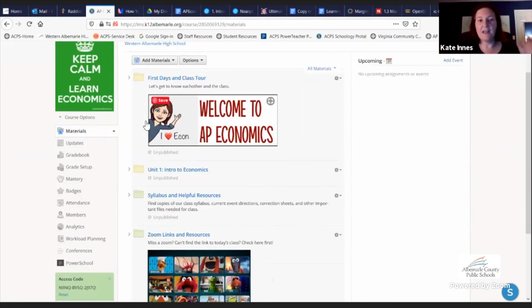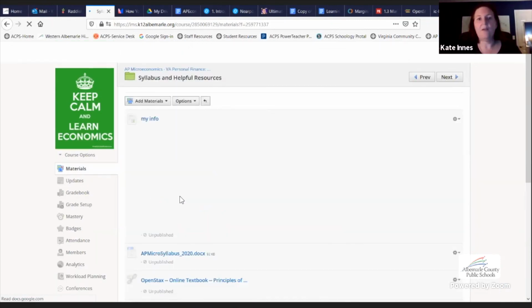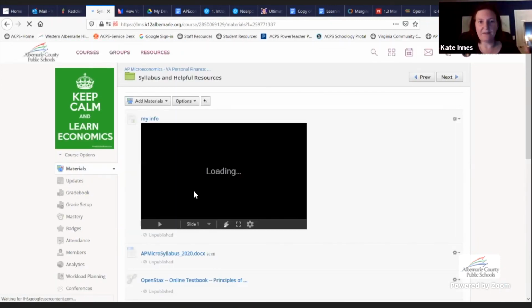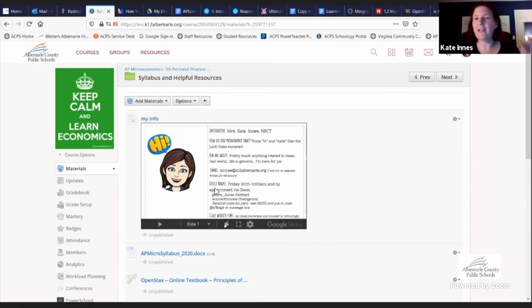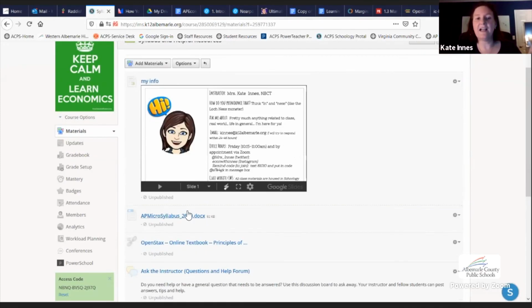Another one that we all have is we chose green as our common for our common information pages. So if you click on my green folders, you're going to be able to see a syllabus, my information, and my contact information, on how you find me and how you contact me. You can click on and get my syllabus document at any time.